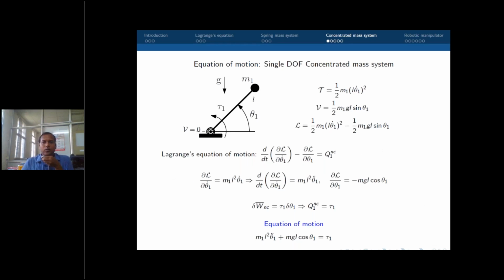So coming back to our discussion, this is a single degree of freedom system. We have calculated all the derivatives, and we have calculated the generalized force. Now substituting all these quantities into the Lagrange's equation of motion, we get the final equation of motion. This is the equation of motion for this system. So the dynamic model for this system is given by this equation of motion. Now let us